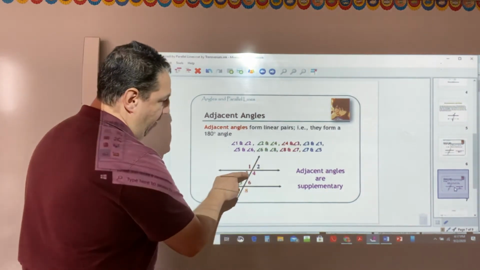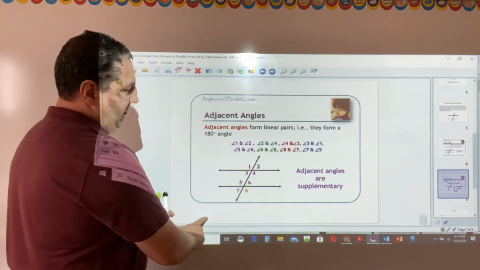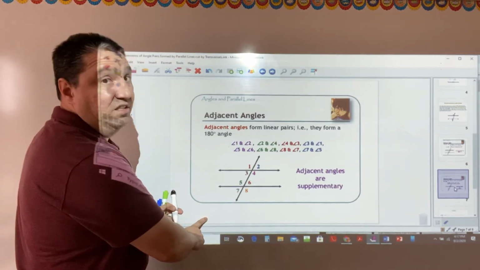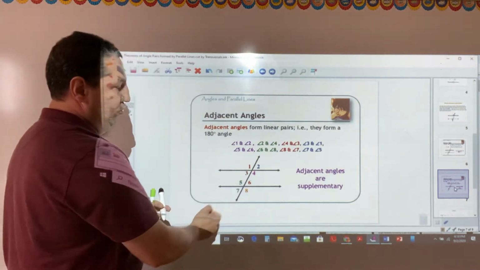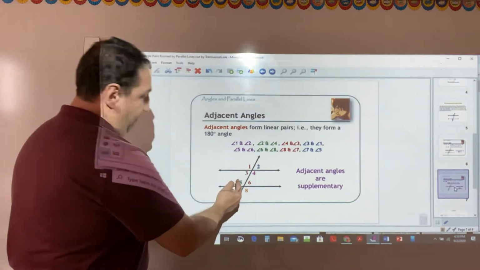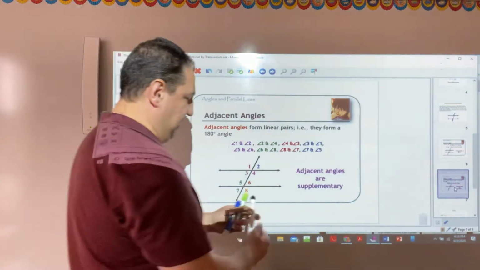4 and 3, yeah? 6 and 8 are adjacent and a linear pair. 8 and 7 also. 7 and 5. 5 and 6. Yeah? Good. This being said,